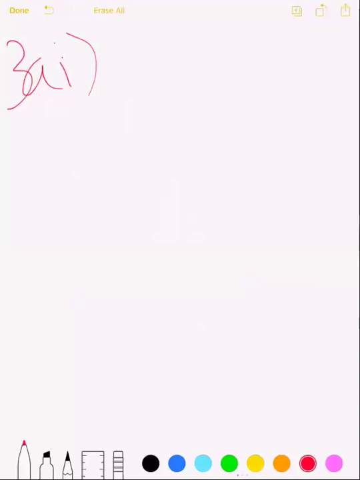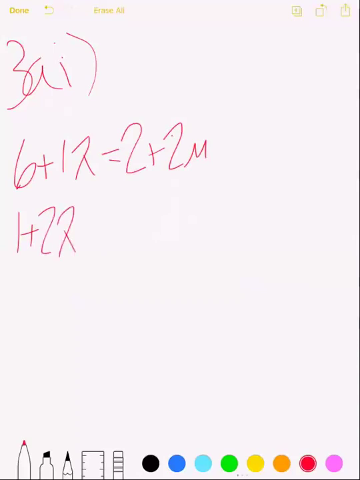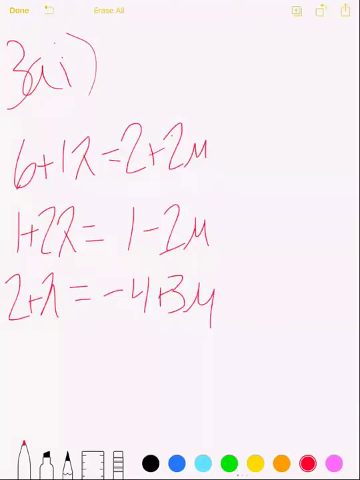row by row, basically. So we would have 6 plus 1 lambda is equal to 2 plus 2 mu. We would also have that 1 plus 2 lambda is equal to 1 minus 2 mu. And 2 plus lambda is equal to -4 plus 3 mu. So all I did was set the two equations equal to each other. And what this yields,